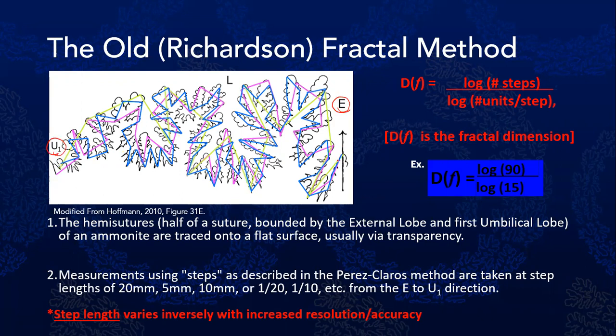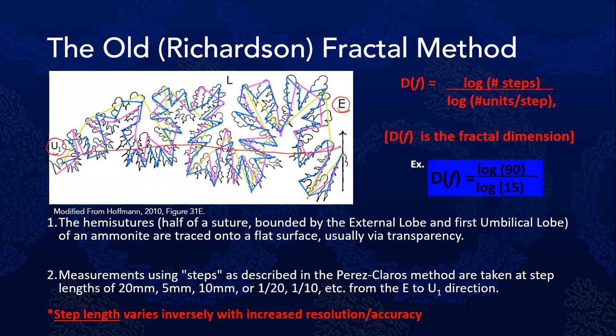We then generalize the shape of the hemisuture based on step lengths, which are usually chosen as either a fraction of the hemisuture length, which is what I've done here, or as a finite millimeter count. So as I mentioned, these are fractions. The green line represents 1/5 the hemisuture length, the magenta represents 1/10 the hemisuture length, and the blue represents 1/15